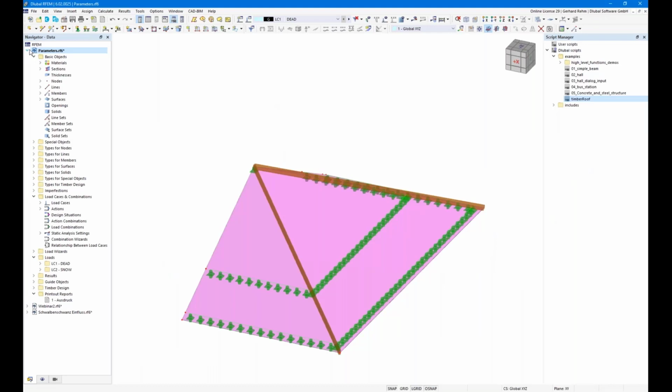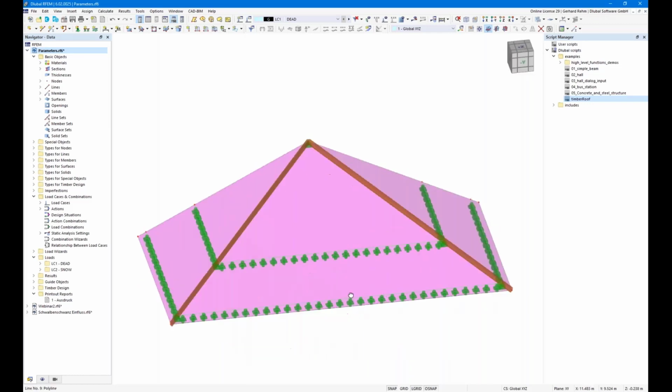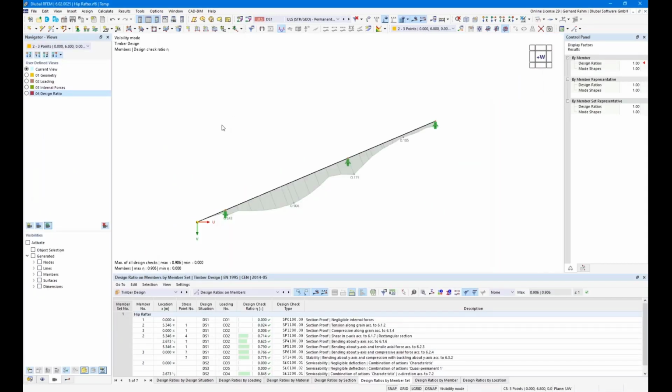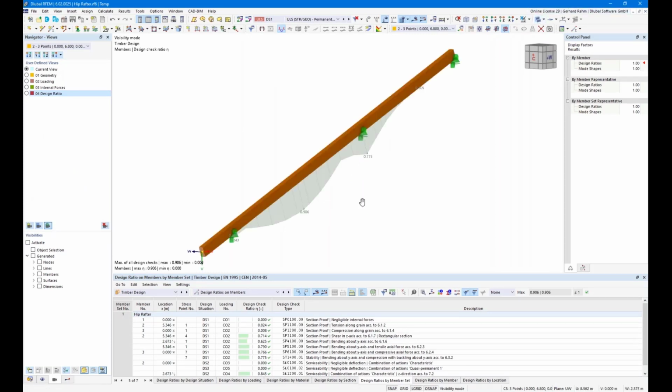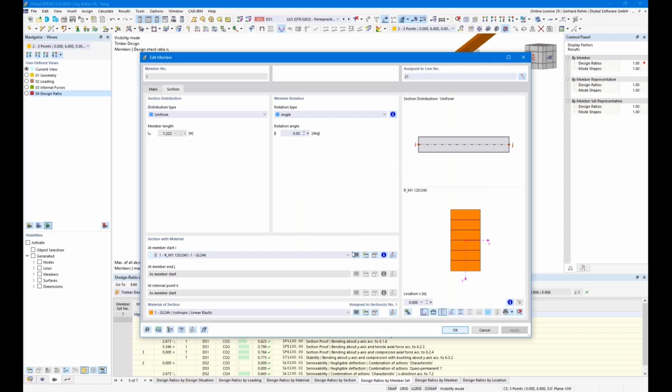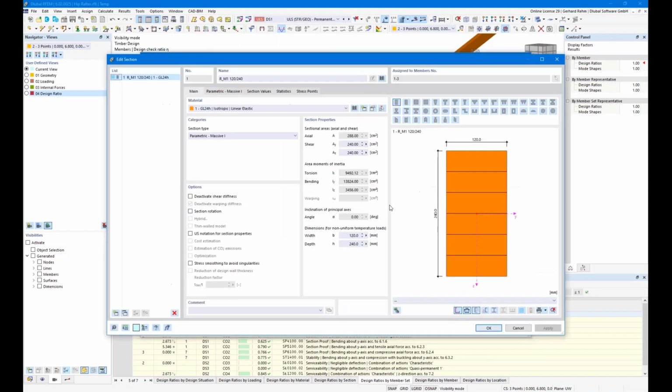Okay, then let's go back to the hip rafter again. As you remember, we have, or maybe I've used my previous example, this one. So as you know, we have defined here a rectangular section for this cross section. Let's check this out. Okay. Of course, we have some cuts here on the top side for this hip rafter. We have some bird's mouth cuts here on the bottom side,